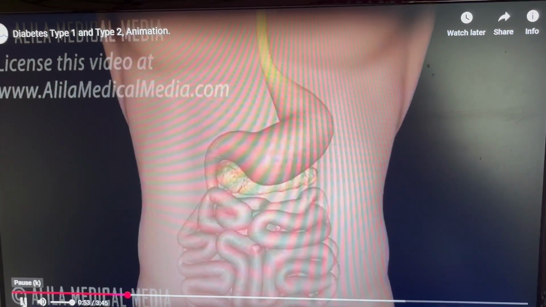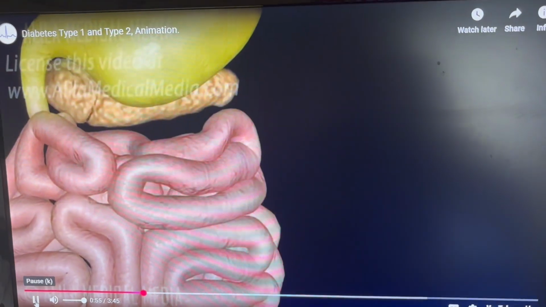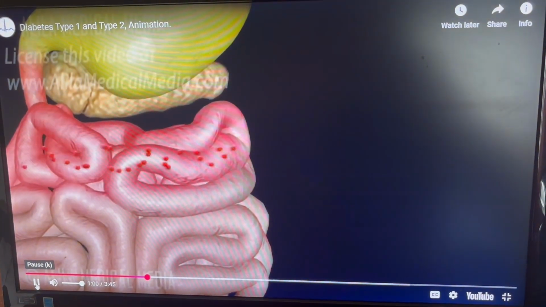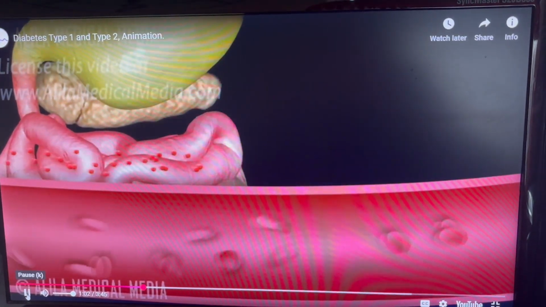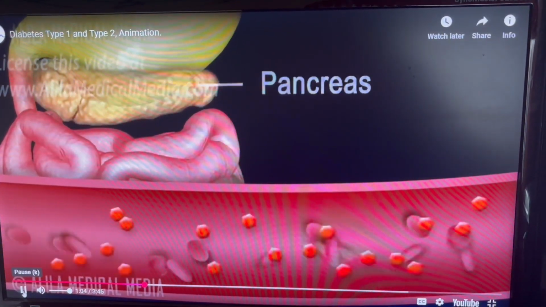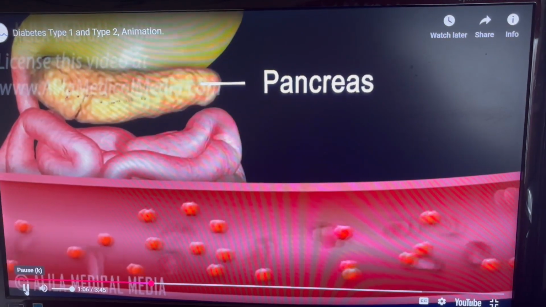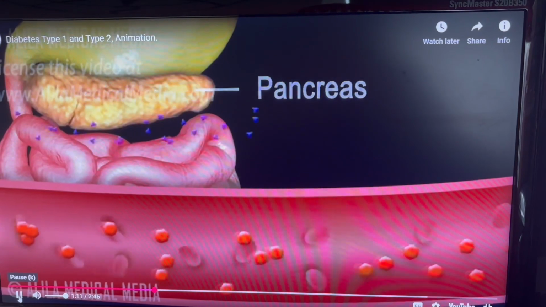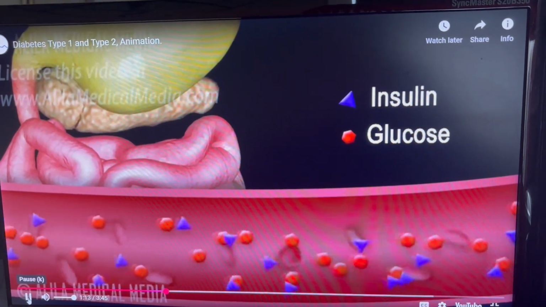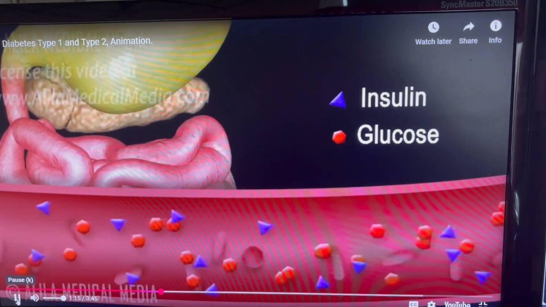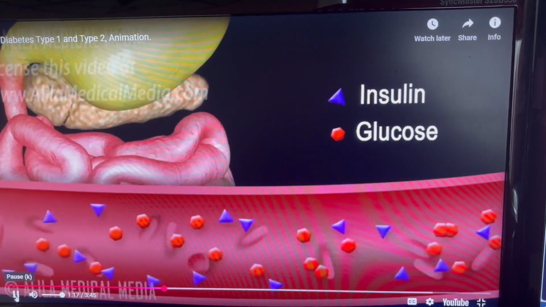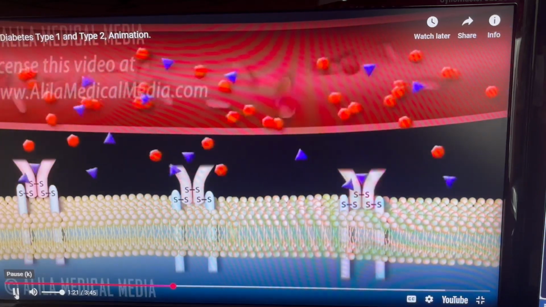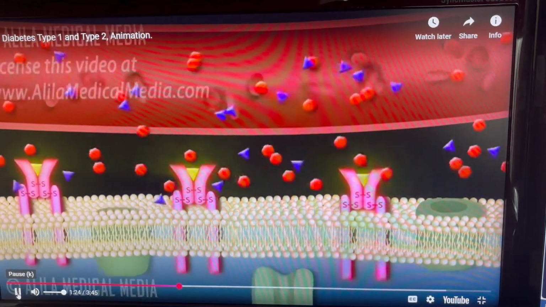In food digestion, carbohydrates, or carbs, break down into glucose, which is carried by the bloodstream to various organs of the body. Insulin is the hormone produced by beta cells of the pancreas and is necessary for glucose intake by target cells. In healthy people, beta cells of the pancreas produce insulin. Insulin binds to its receptors on target cells and induces glucose intake.